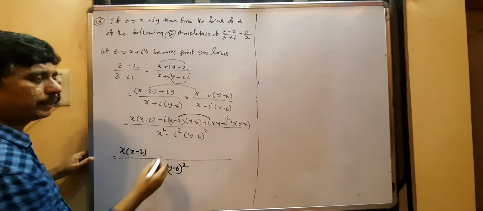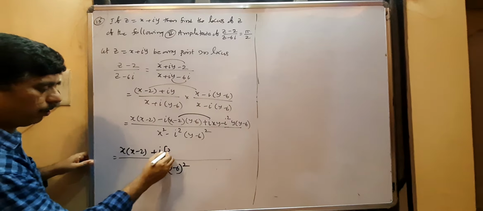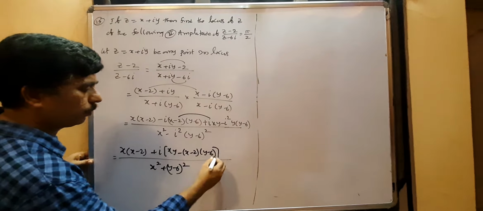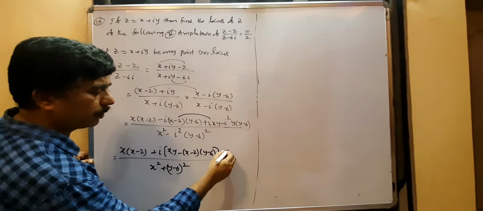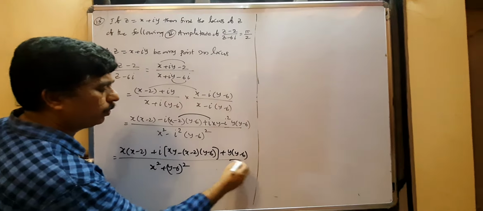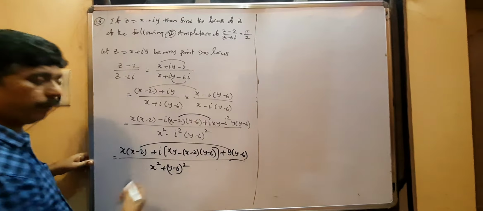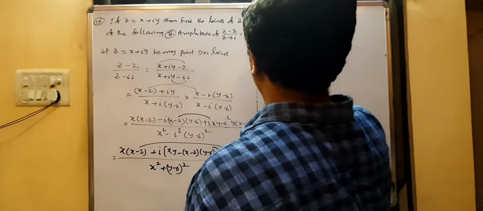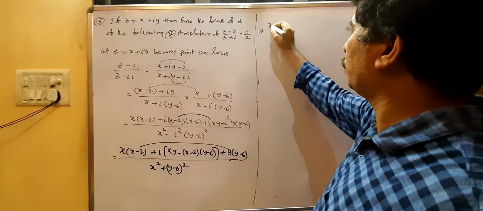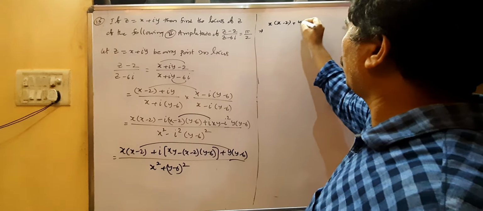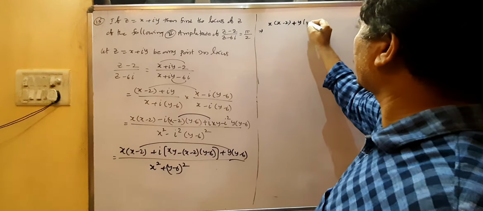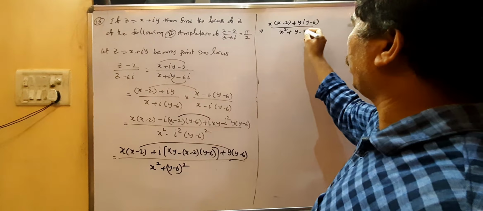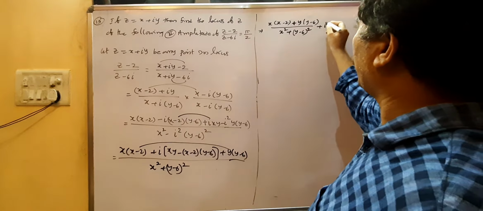From these two terms, plus i common, xy minus (x minus 2)(y minus 6). i square value is minus 1, so minus into minus plus y(y minus 6). Real part together by denominator plus i into imaginary part by denominator. So we have to write together real part x(x minus 2) plus y(y minus 6) by denominator, which is x square plus (y minus 6) whole square, plus i into